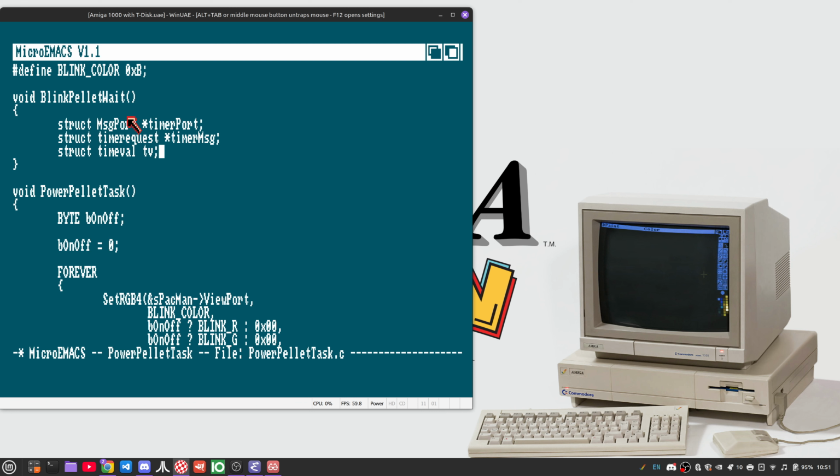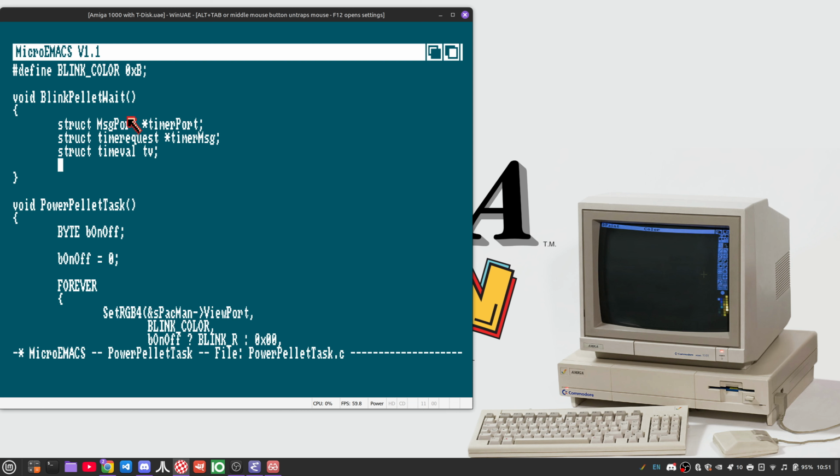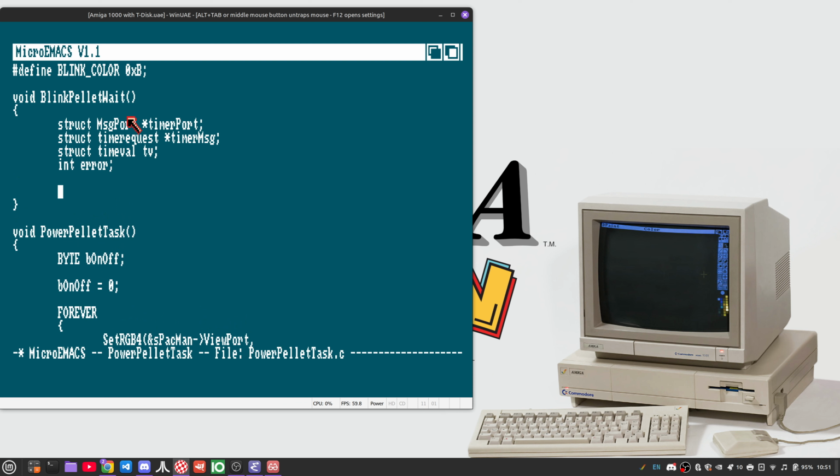Now, if you've dealt with wait functions in Unix, this might look a bit familiar in a second, because it's a very similar structure to how you represent small bits of time inside of Unix. And we keep an error device here. Okay, so the first thing we need to do,